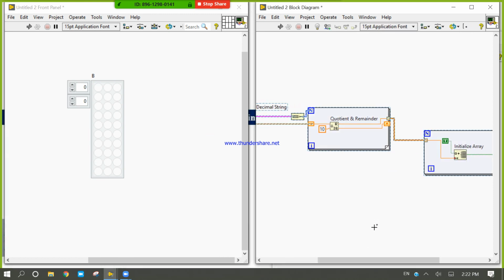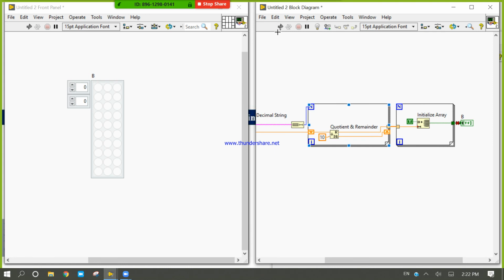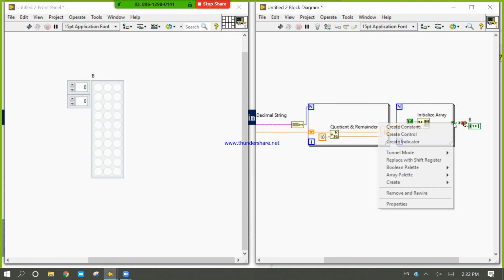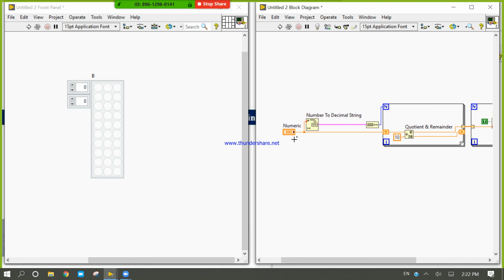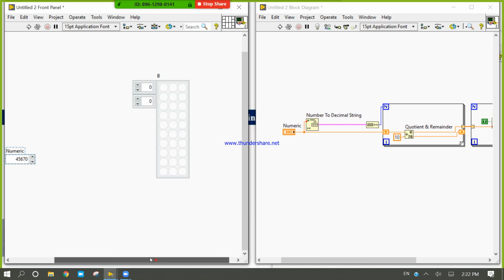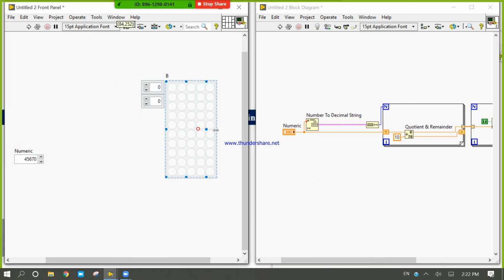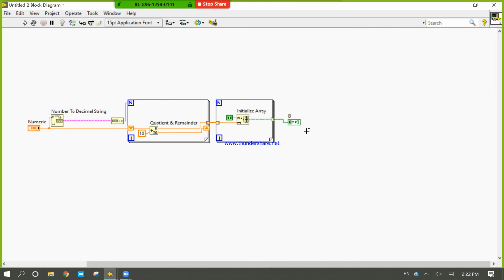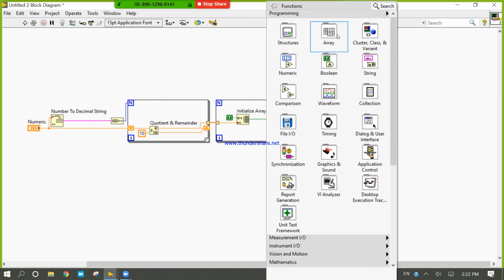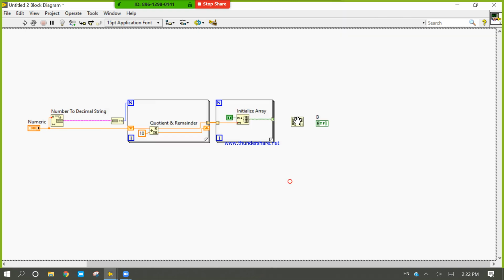Control A, Control U. Any problem? Yes, the problem is with this. Tunnel mode, auto index mode. Now where is the input value? Now it will show me the number. For that I will do one more arrangement: right click, array, transpose array.